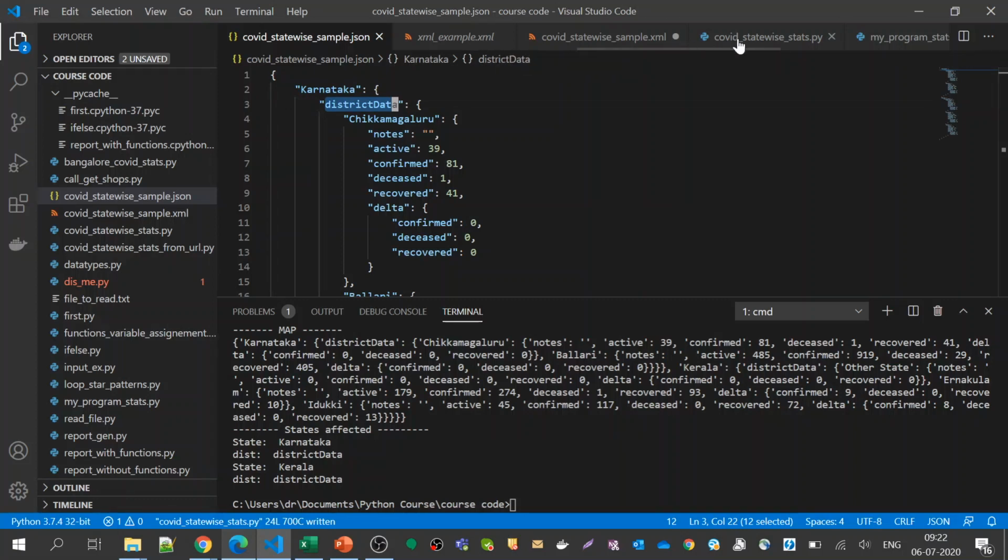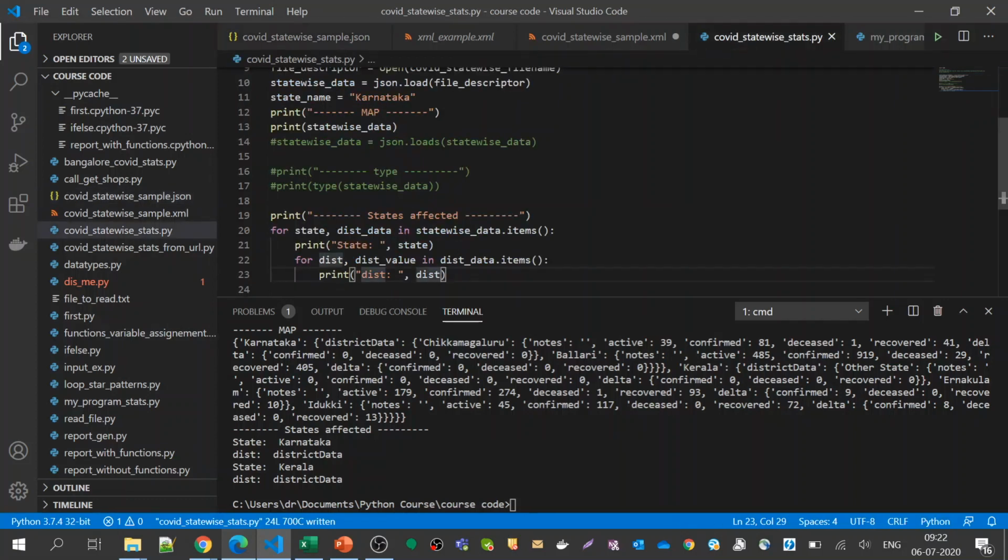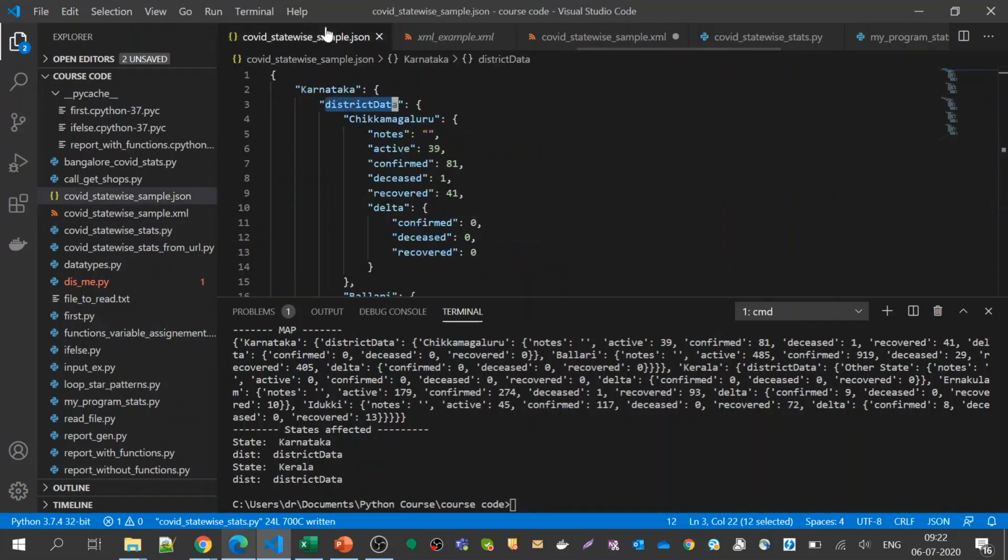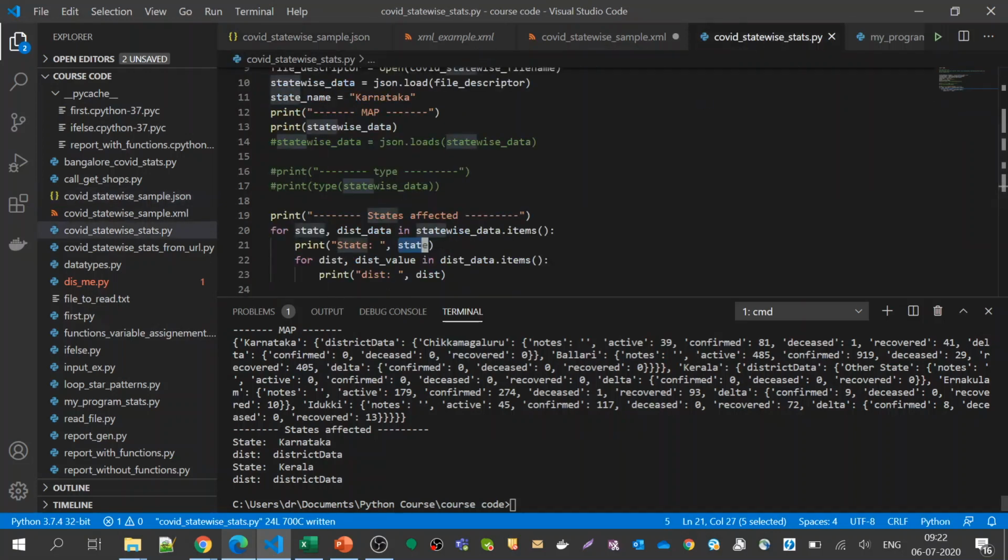Now I need to modify my program. This is again a dictionary, because now we have two boxes. The first box we have opened and seen the states. The second box we have opened and seen that it is another box. Instead of districts, it has district data as another temporary box, and that temporary box is what is printed here.